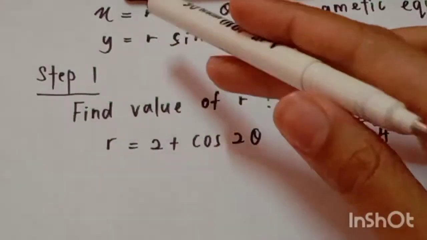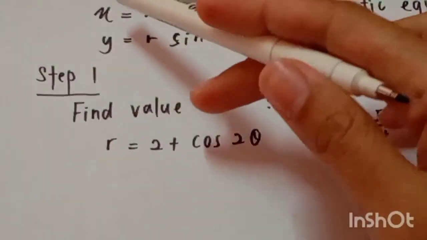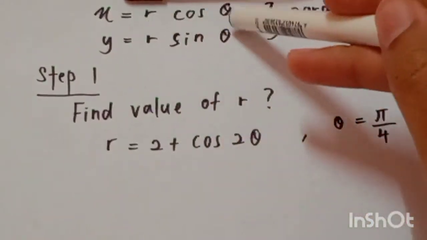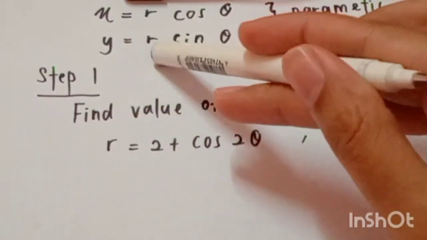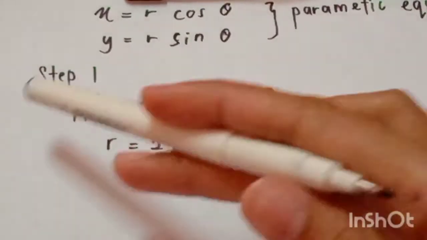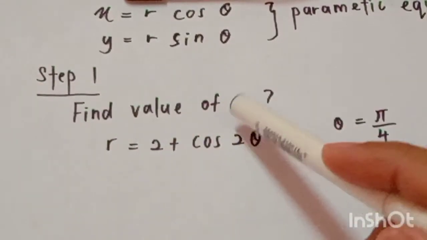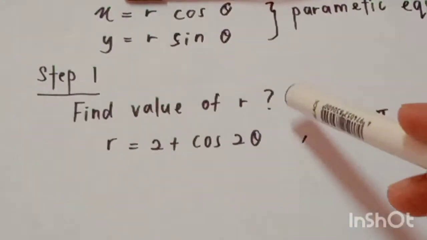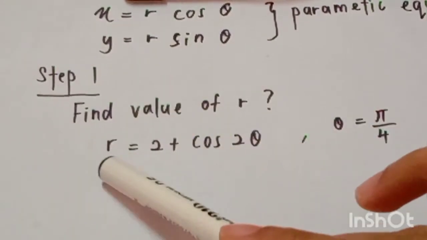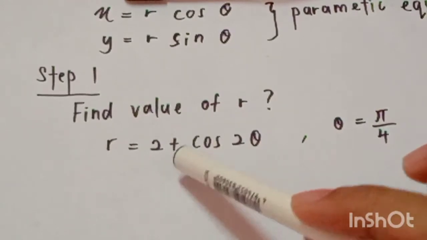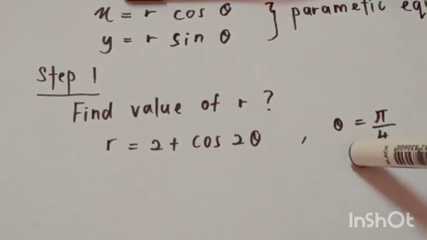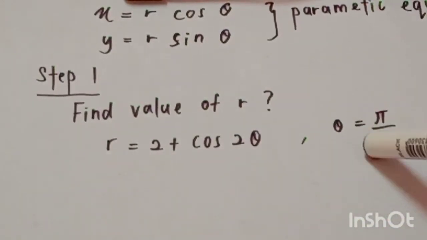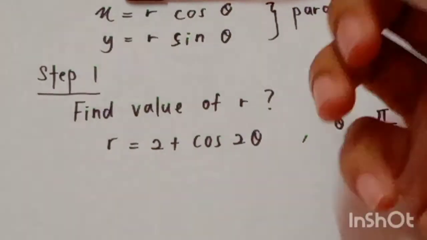After we simplify, the parametric equations become x equals r cos theta and y equals r sin theta. For step 1, we must find the value of r. So we use the equation of r given in the question: r equals 2 plus cos 2 theta, and the question gives theta equals pi over 4. So we can conclude that